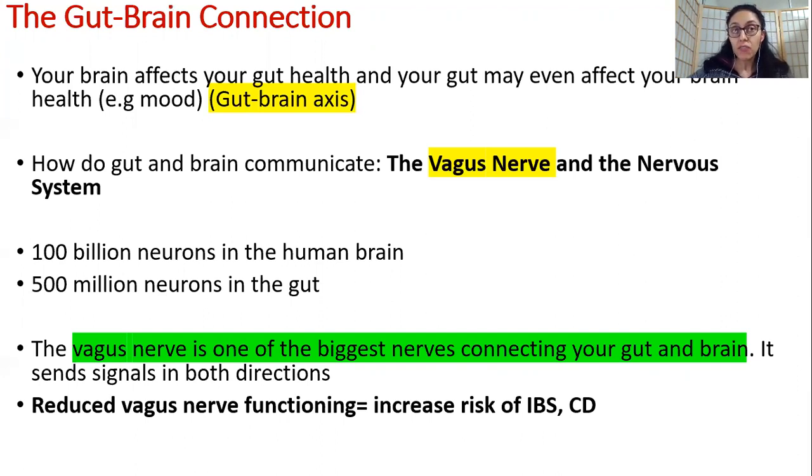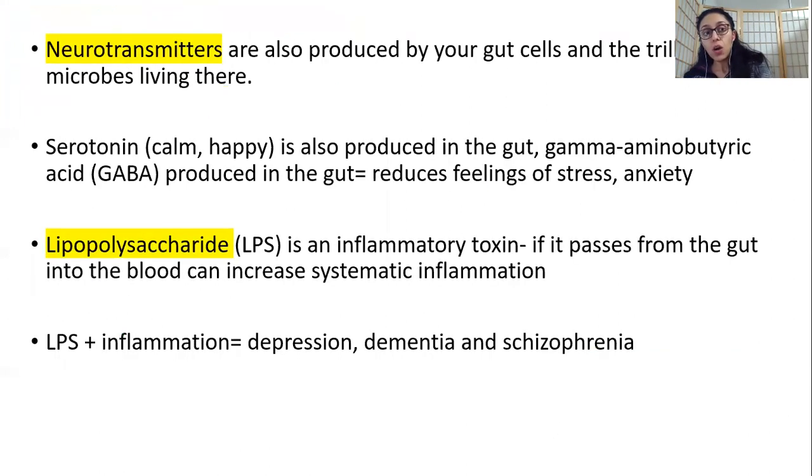So basically, guys, this is a very, very new area of research. A lot of hypotheses are there, but yet no concrete evidence, but a very new area of research. Okay, so now guys, the neurotransmitters, which for example are produced by your gut cells, and there are so many